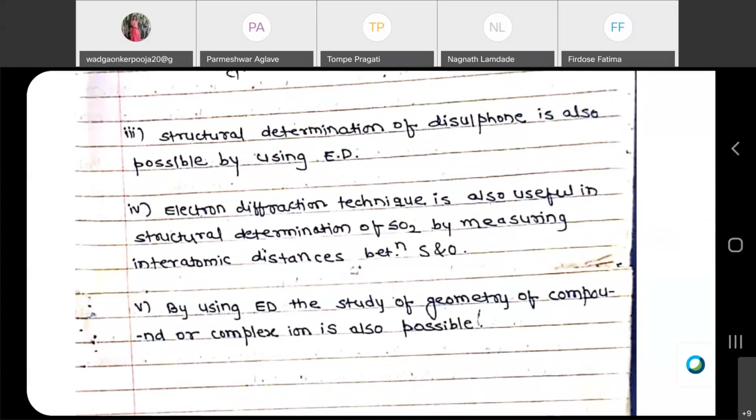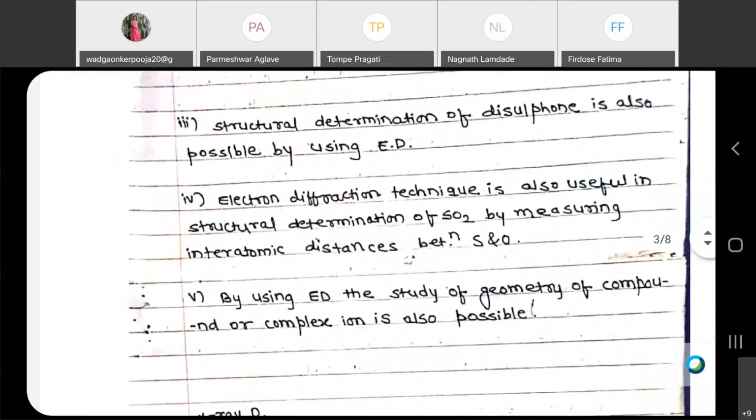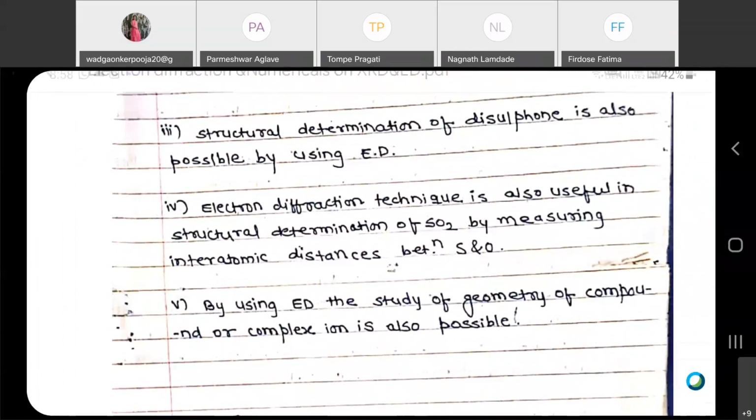And it is structural, that is, this third application of electron diffraction, and that is structural determination of disulfone. Whenever you have that disulfone molecule, that structure you can determine very easily by using electron